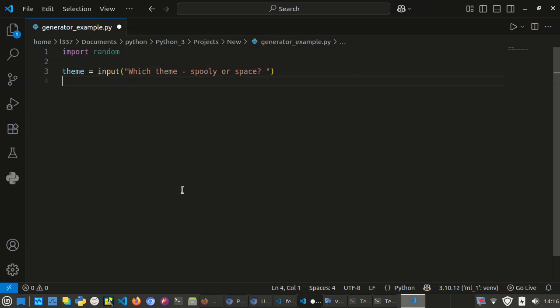So we get that back, and now we're going into our conditional logic. So if theme is equal to spooky, spelling it like I say, okay, if theme is equal to spooky, what are we doing? If theme is equal to spooky,